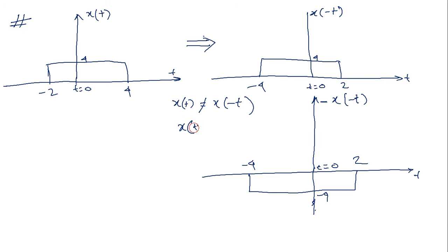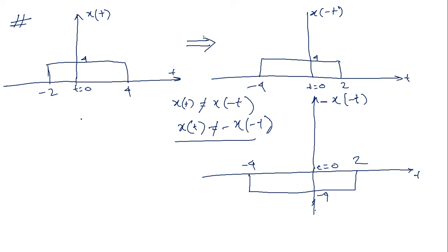So can I write this? Can I write this also? So the signal I have chosen, that x of t, that started from -2 to 4, is neither even nor odd, neither symmetric nor antisymmetric. So now the signal is in the neither even nor odd category. Whenever I find that the signal is neither even nor odd, then I have to estimate the even part of the signal as well as the odd part of the signal.